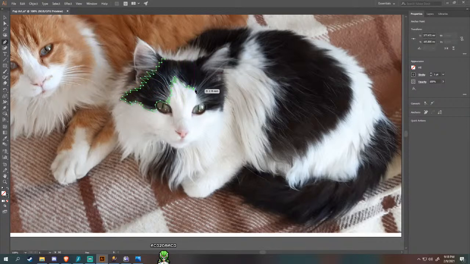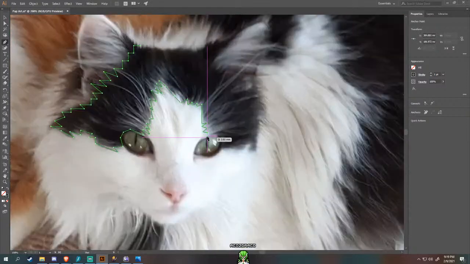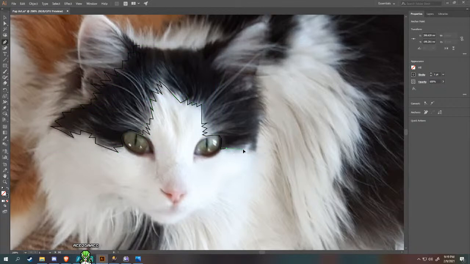Yeah, overall shape. I'm also being very careful when I click not to accidentally drag any of the points. I want to zoom in for more detail, but then I can't see the bigger picture of how the cat's fur is going to react in all of this. So we also need to make sure to have all of the colors layered differently. Yeah, I figured that out. I learned that from yesterday. This is not the same as